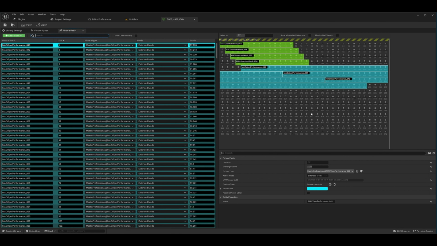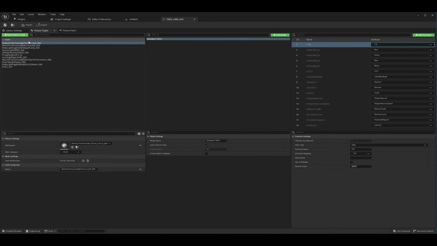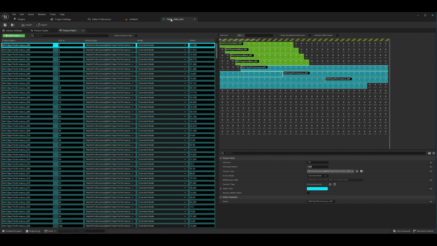You can change the colors and the patching and everything from this screen. This is also where you would pick what kind of ports you want to use. So I could say I'm not doing output, I only want to do input. And this is the fixture types that have been imported. These are the GDTF files. They come in, they automatically generate fixture types, and they're linked to the GDTF that we used. Then again, it generates this list of attributes that we can use and gets a little bit of the default information from it. And this is generally the library.